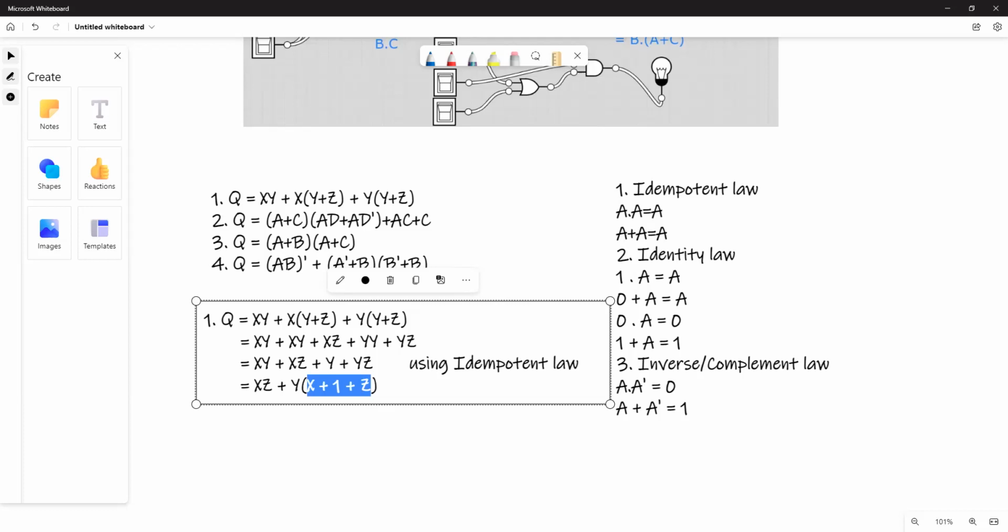1 plus 1. Yeah, it should be 1. So to simplify this, the shortest one I can take for this is xz plus y,